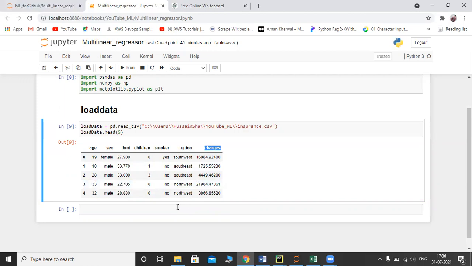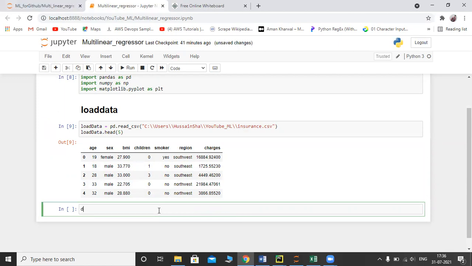To convert that data into numeric, the pandas library provides a method called get dummies. Let us create one variable called dummies, equal to the pandas get dummies method. Using get dummies, I'm going to generate dummies for my data. What is my data variable? load data.